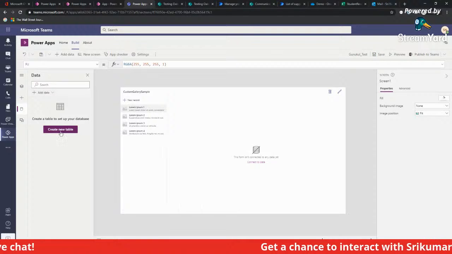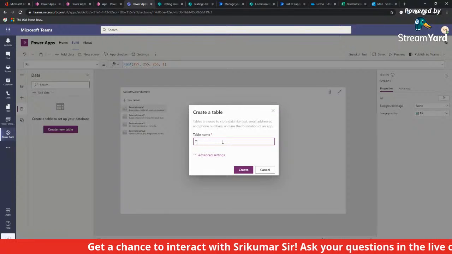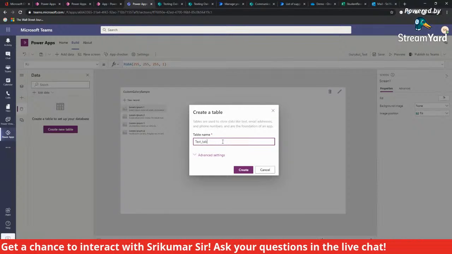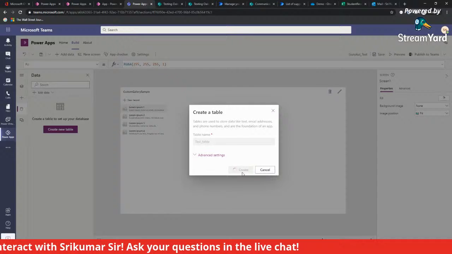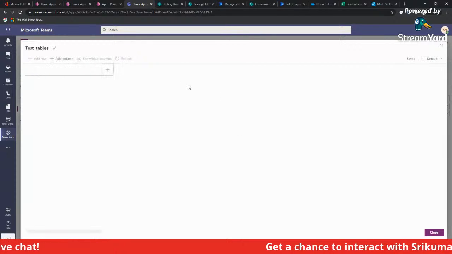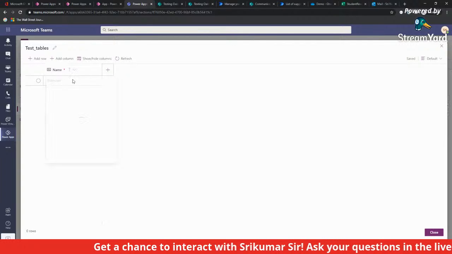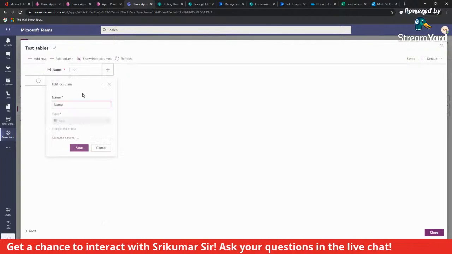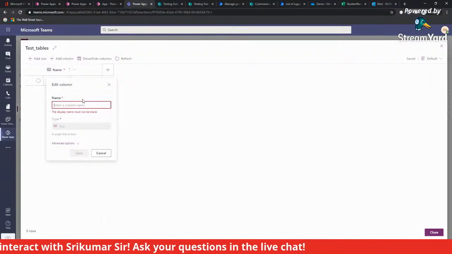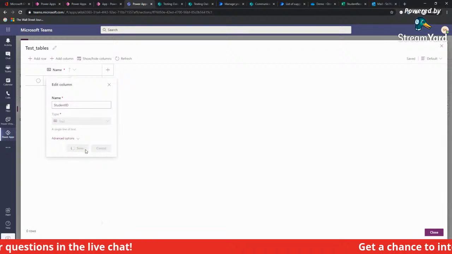Okay, and then here is where I was saying the magic happens, which is you can create your data table inside of the apps itself, inside of the Teams itself, without leaving anything. Like you're not going out of the Teams to go to SharePoint, go to Excel, jumping between the browsers that I was trying to do here, although not intentional. But some of those experiences is what we are trying to say. It's very simplified by staying inside of the Teams experience itself, which is the promise of Teams and Power Platform coming together